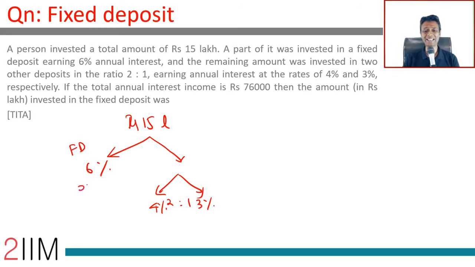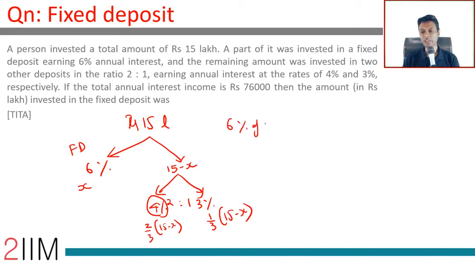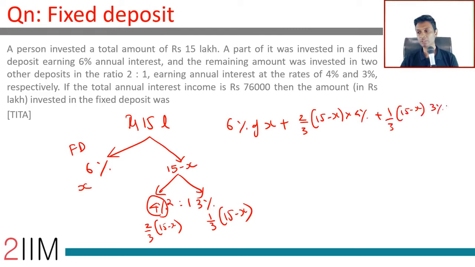Let's say X lakhs is invested here. Then 15 minus X is invested there. So what will be invested at this percent? 2/3 of 15 minus X. At 3%, it is 1/3 of 15 minus X. So we get 6% of X plus 2/3 of (15 minus X) into 4% plus 1/3 of (15 minus X) into 3% equals